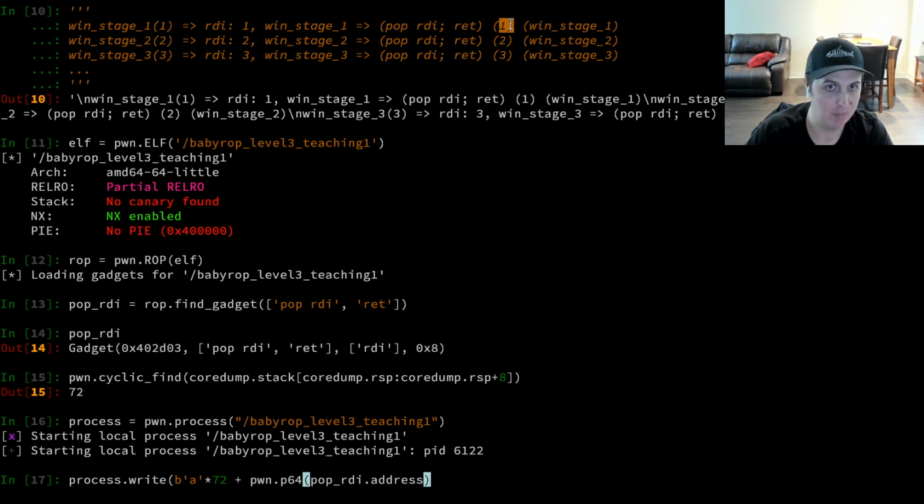It needs to be 8 bytes. Everything works in 8-byte increments, including whether it's addresses to instructions or the value that's going to get popped in. Okay, so then let's go with pwn.p64 1, and then let's call,